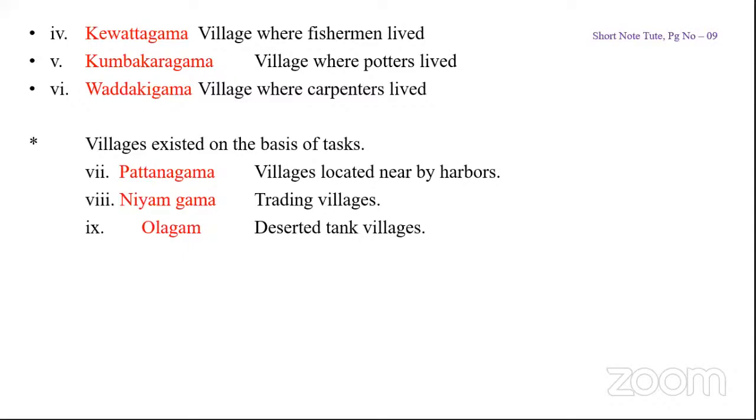So how did Olagam emerge? Imagine that a disease like corona had affected a village. Then what would these people have to do? There was no medicine at that time, so they had to leave the village. So if villagers left their village because of a disease, or maybe because the soil had become infertile, that's the